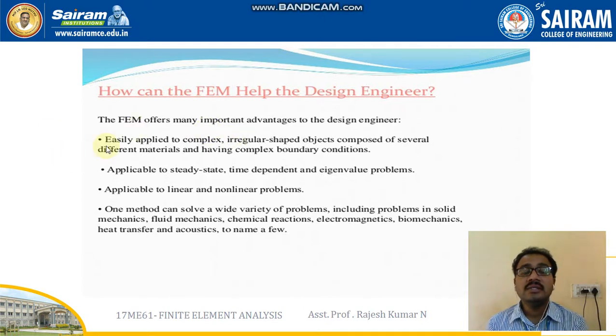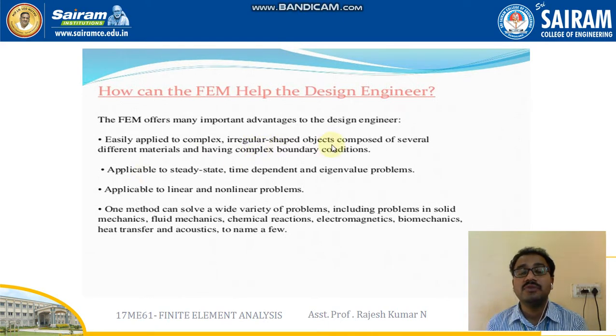First one, it is easily applied to complex irregular shaped bodies composed of several different materials and having complex boundary conditions. If you take any example of practical engineering structures, that is the complexity we can see. Complexity means maybe the loading conditions or the boundary conditions or size, and second one is irregular shaped